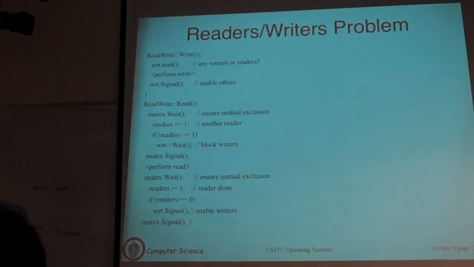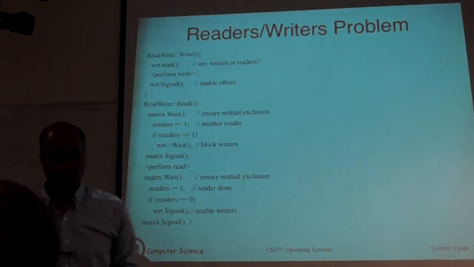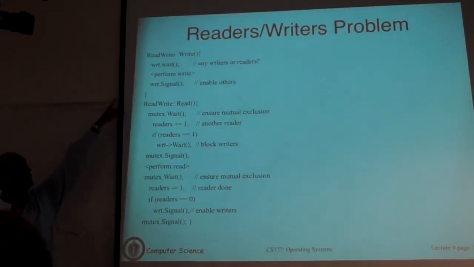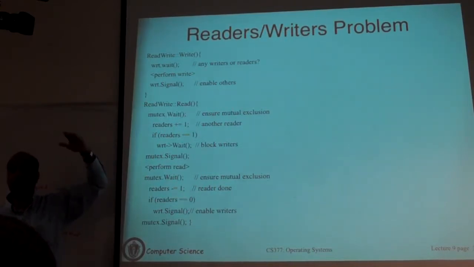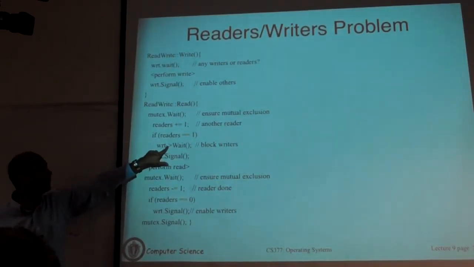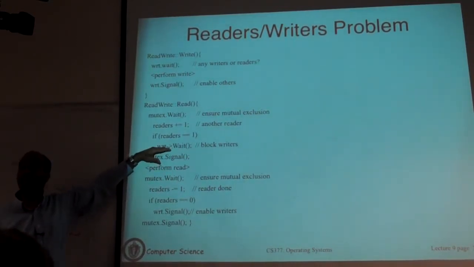So when the reader tries to call wait on the write semaphore, the reader will end up waiting until the writer signals the lock. Remember that the reader is already in the critical section. It's called a wait. The value of the write semaphore has gone from 1 to 0. So when the first reader tries to block a writer, if there's already a writer, it will block instead. Because the writer will say, yes, you can block any subsequent writers, but I'm in the critical section. So wait here makes the write semaphore go negative. So this reader blocks as it should.